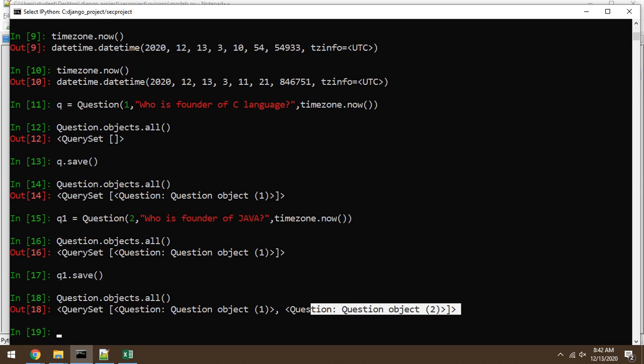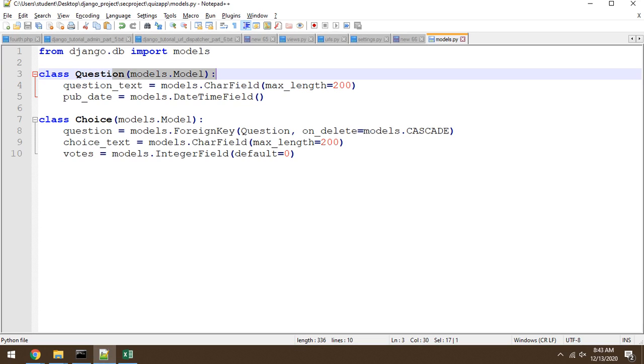What we completed, let me conclude that हम लोगों ने अब तक क्या किया: we just defined the class, that is my model class। हमने एक क्लास डिफाइन किया और मॉडल क्लास को models.Model से इनहेरिट किया, देन माइग्रेट कमांड फायर किया, तो मॉडल क्लास एक्चुअली डेटाबेस टेबल में कन्वर्ट हो गया। सॉरी, नॉट SQL माइग्रेट, हमने मेक माइग्रेशन कमांड फायर किया था। ओके, तो वो सब कुछ कंप्लीट हो गया। हमने सेल ओपन किया एंड वहां पे हमने क्वेश्चन का ऑब्जेक्ट बना के उसको स्टोर किया एंड प्रिंट करने की ट्राई की, तो आउटपुट सही से नहीं आ रहा।